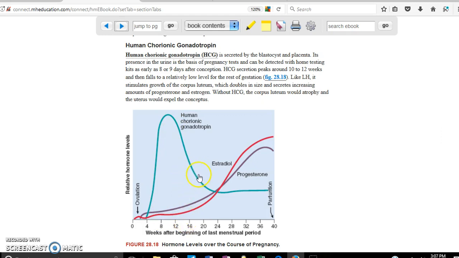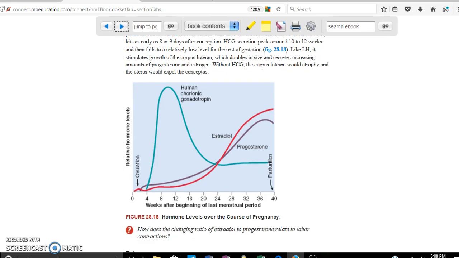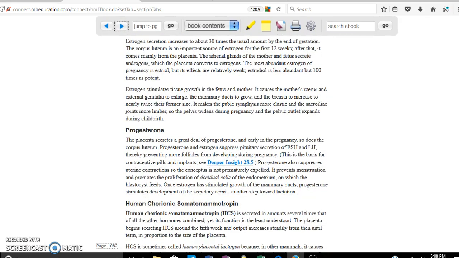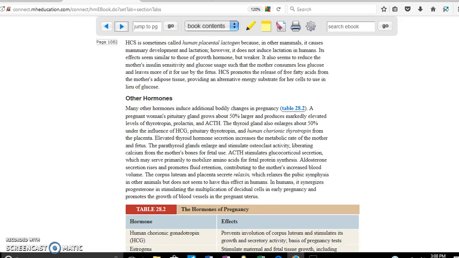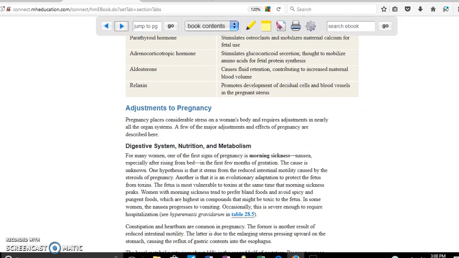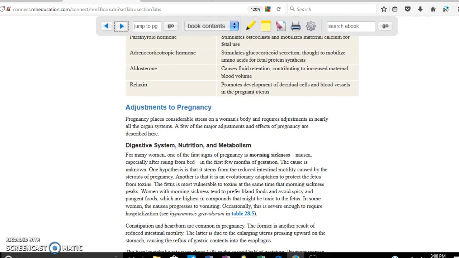But again, it's very important for you guys to remember that there is a human chorionic gonadotropin. This is the hormone that is produced by the placenta. Then you can also see that estradiol and progesterone start increasing by week 20 in order to maintain the pregnancy. After that, you can see there the hormones that I just mentioned. And in there you can see the changes, adjustments to pregnancy, and all the changes that the female goes through when pregnant, but that's not something related to this class,